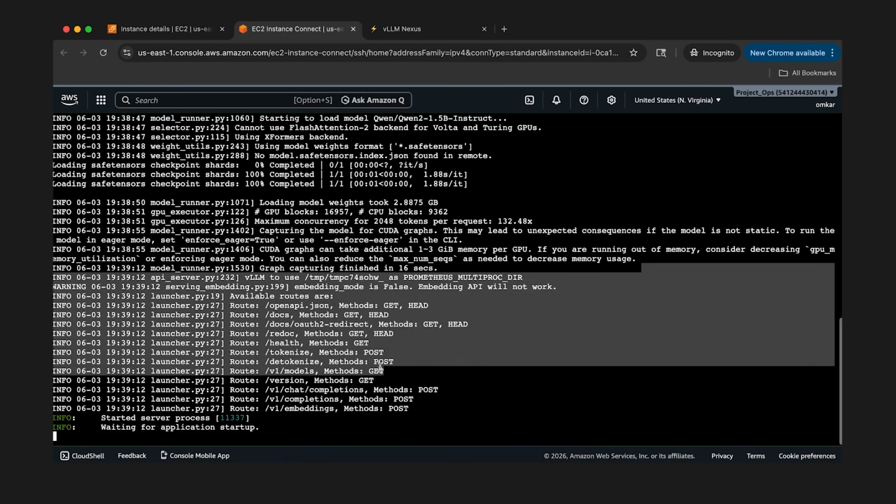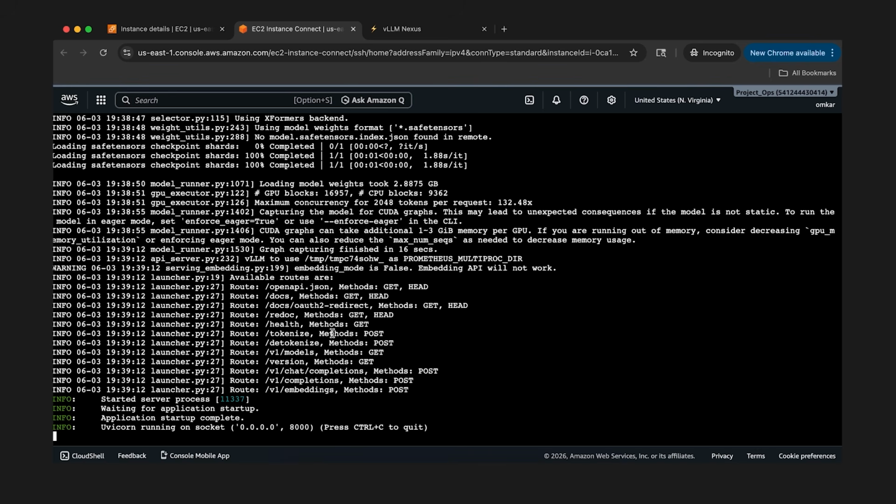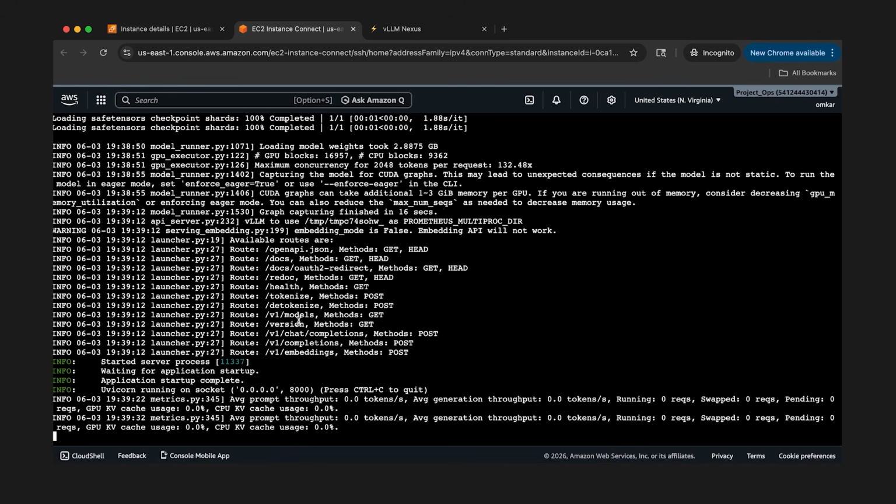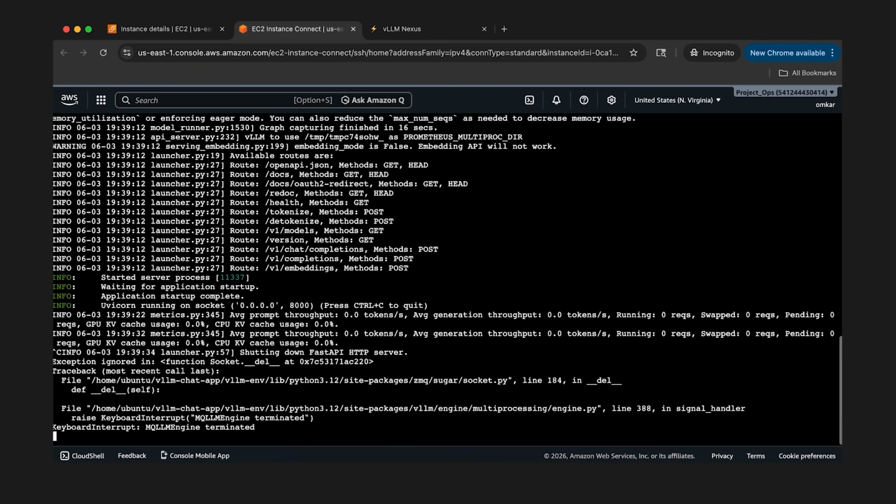The logs here are also useful because they show which endpoints vLLM is exposing. For this app, the most important endpoints are /health, /v1/models, and /v1/chat/completions. Here, /health is used by the startup script to check readiness. /v1/models lets the front end discover the model. And /v1/chat/completions is used for the chat interaction. Depending on the model and configuration, vLLM can expose completions, embeddings, tokenize, and detokenize endpoints as well. This is why vLLM is useful as a serving layer. We are not just running a model script. We are exposing a standard API that other applications can call.